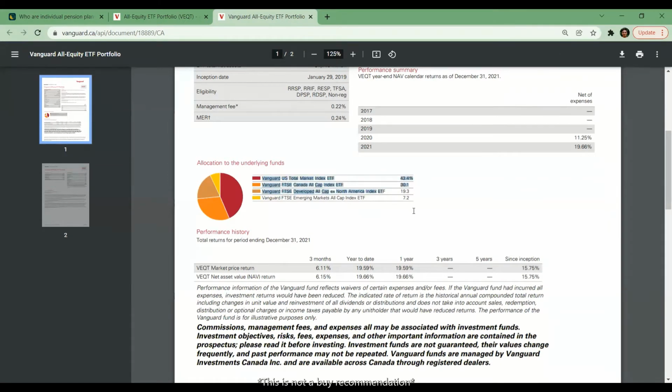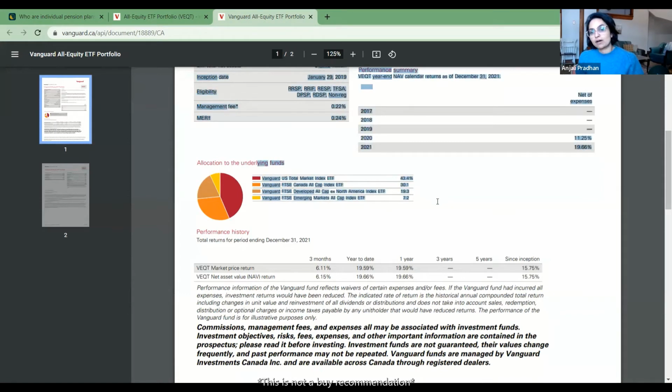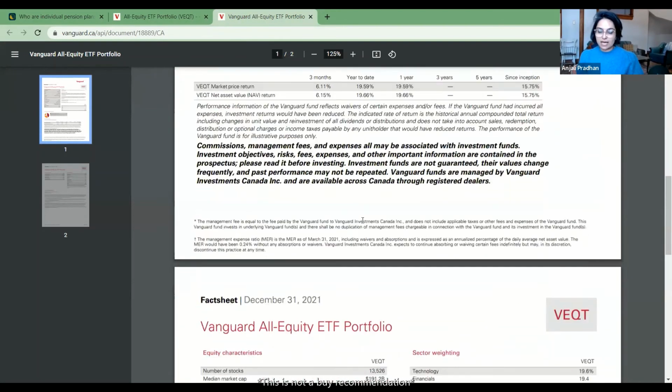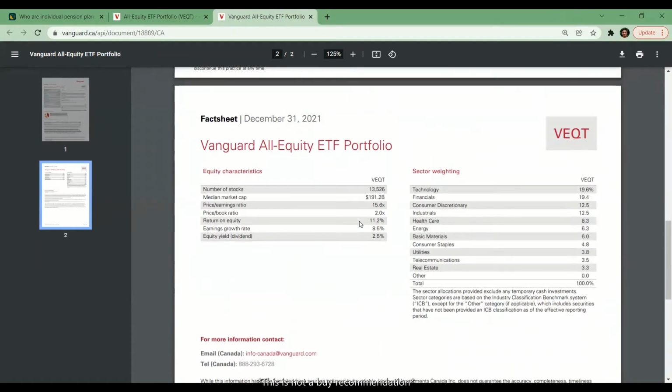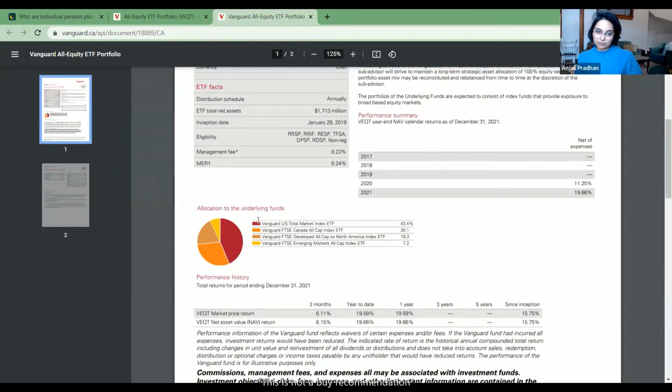Thank you. Yeah, and if you are really lazy, you can actually find ETFs that also have bonds in it. So then you don't need to do anything. However, the downside to that is that you can't customize it. Okay, so what you see is what you get. You have to be okay with this 43% allocation to the US market, this 30% allocation to Canada, 19% elsewhere, and 7% in emerging markets. It is what it is. Okay, there's no customization that can be done.